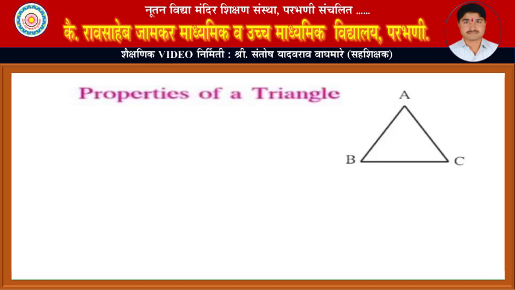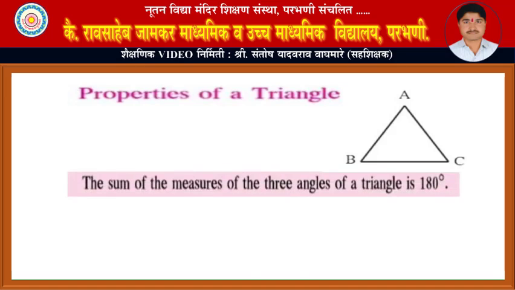It is very important. So you can say that the sum, meaning the addition, of the measures of the three angles of a triangle is 180 degrees. There is also one more property that you will have to keep in mind. Whenever you add any two sides of a triangle, the addition is always greater than the remaining third side. So if you add AB plus BC, then it will always be greater than the remaining third side, that is AC. Or if you add BC plus AC, then the addition, whatever answer you get, will be greater than the remaining third side AB.